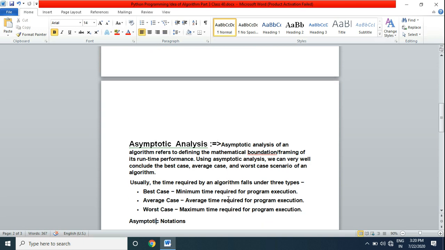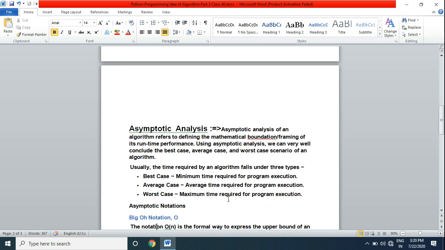First is the best case, which means the minimum time required for program execution. Average case is the average time required for program execution. And last is the worst case, the maximum time required for program execution.